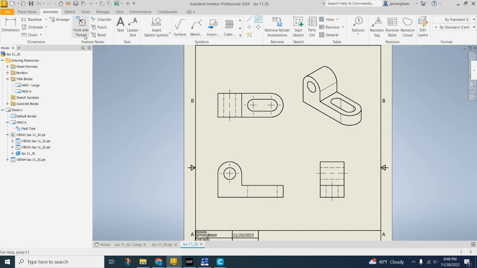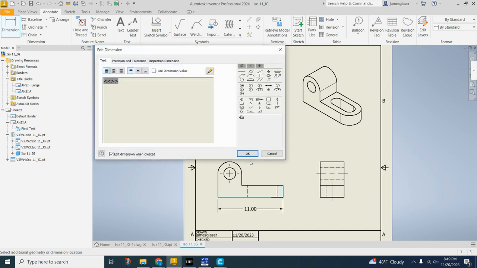The next thing we actually need to do is actually start dropping some dimensions on here. So I'm just going to click my dimension tool. And this is your overall does it all tool for listing dimensions. Okay. So I'm going to do datum dimensioning here, which means I'm going to measure everything relative to this point right here on the drawing. So that means I'm going to click here and then click over here and then drag down,